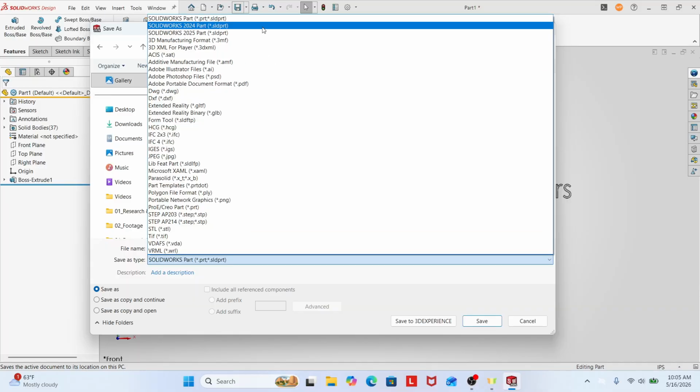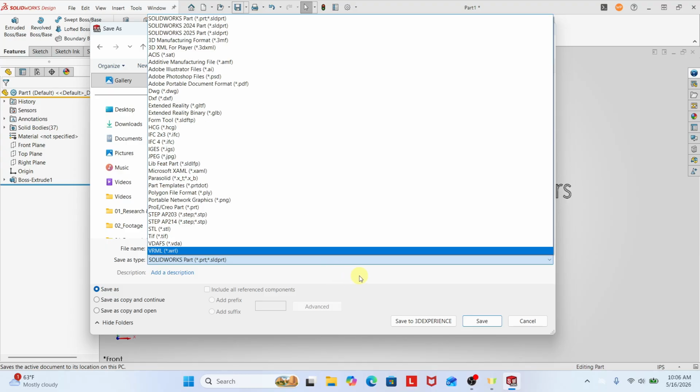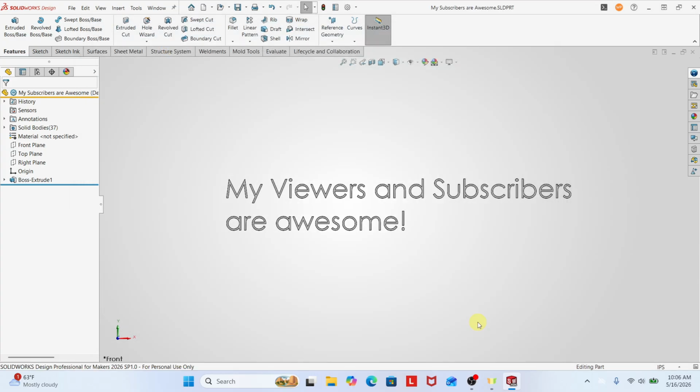But feel free to take a look at these if you want to just have a general idea of which ones are available. For me, I'm not going to click on any of them. I'm just going to exit out because I do want to keep it as a part. And here you can add a short description of your part if you'd like. For me, I'm going to skip that for now, and I'm just going to hit save down here. And once I do, you'll notice that the file was saved successfully, because if you look up at the name of the file, it is no longer part 1, but instead is